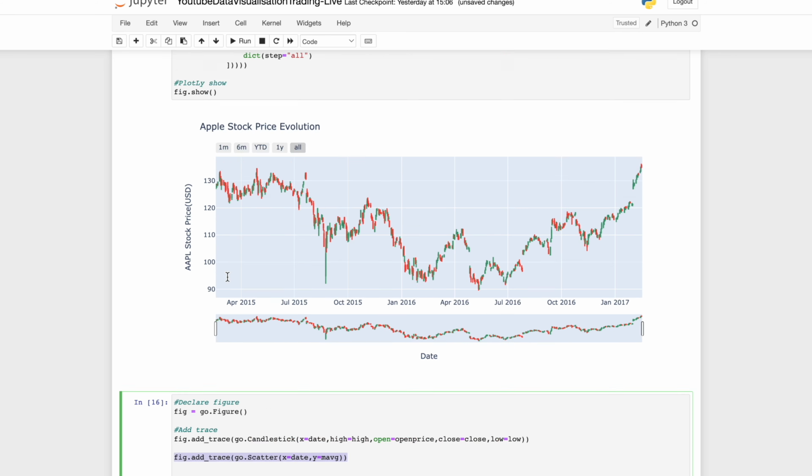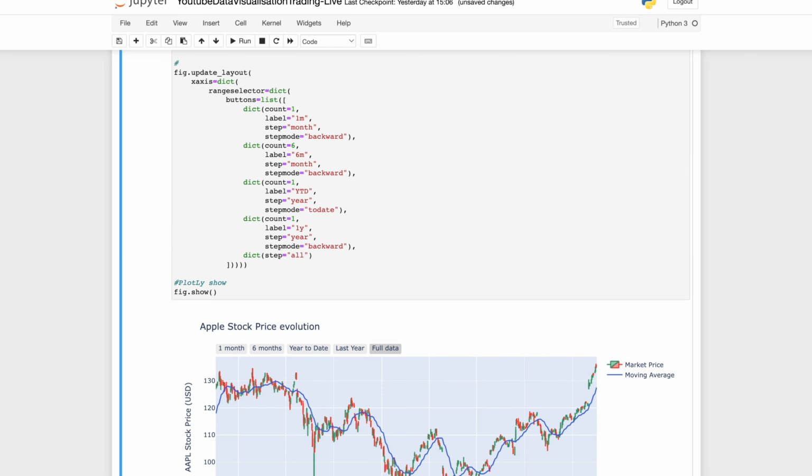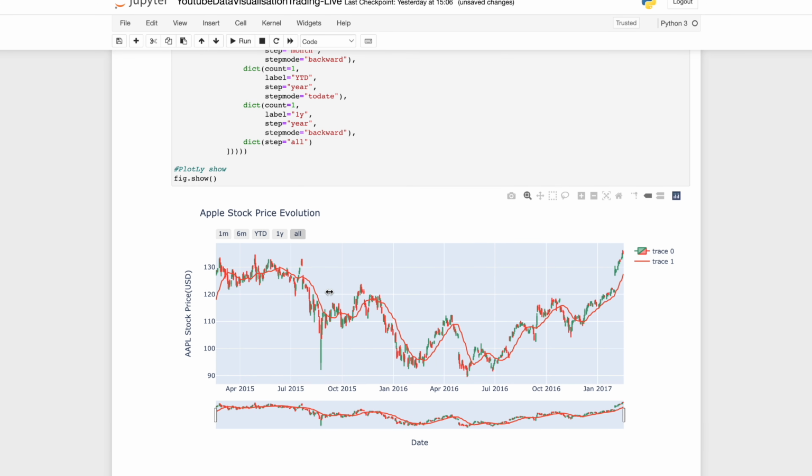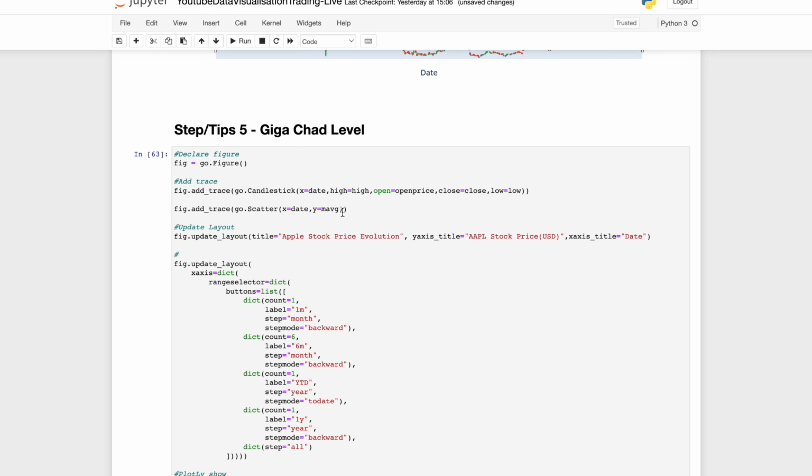I forgot to add our line of code that we added. If we execute what we have done there, you have trace 0 and trace 1. So what we have to do is add name equal moving average,